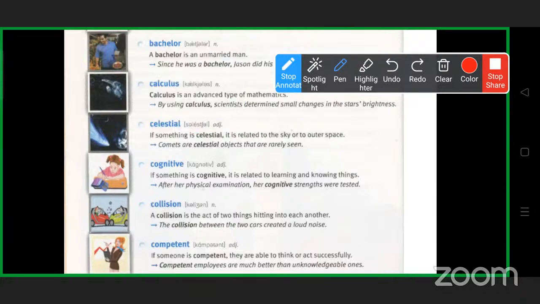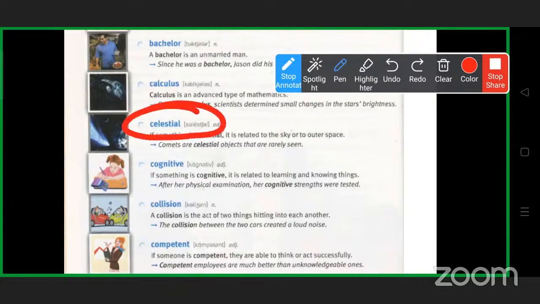So it's a certain category of mathematics, and we can use it as a noun only. Calculus is a kind of mathematics. Here it is the name of a branch of mathematics, so simply it is a noun, remember that. Any branch which has its particular meaning for usage, you can remember accordingly. Calculus is that branch which determines the changes in the brightness of stars or something else related to celestial bodies.